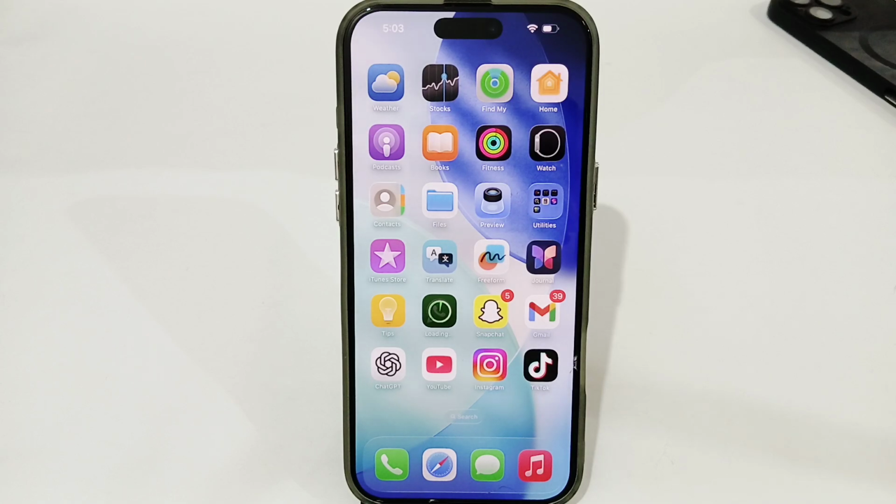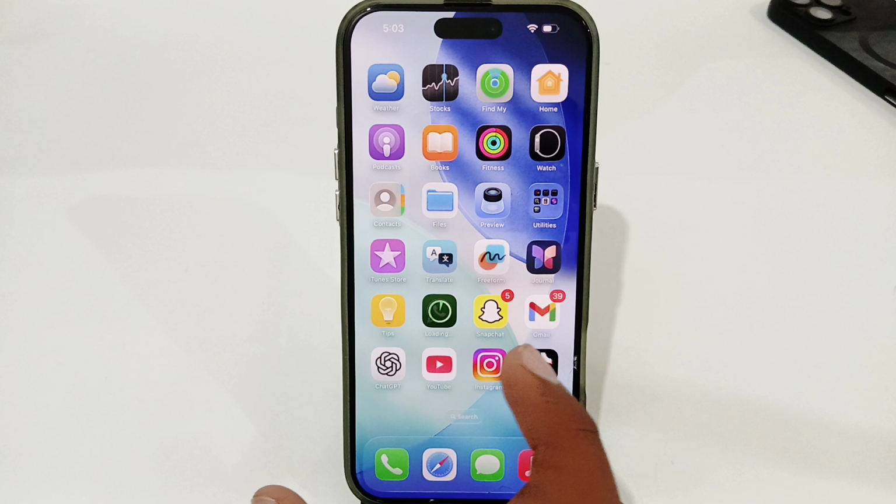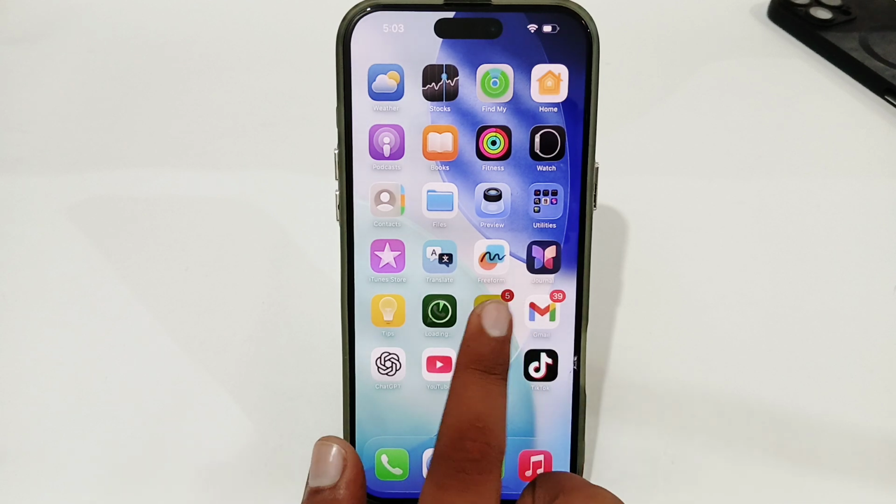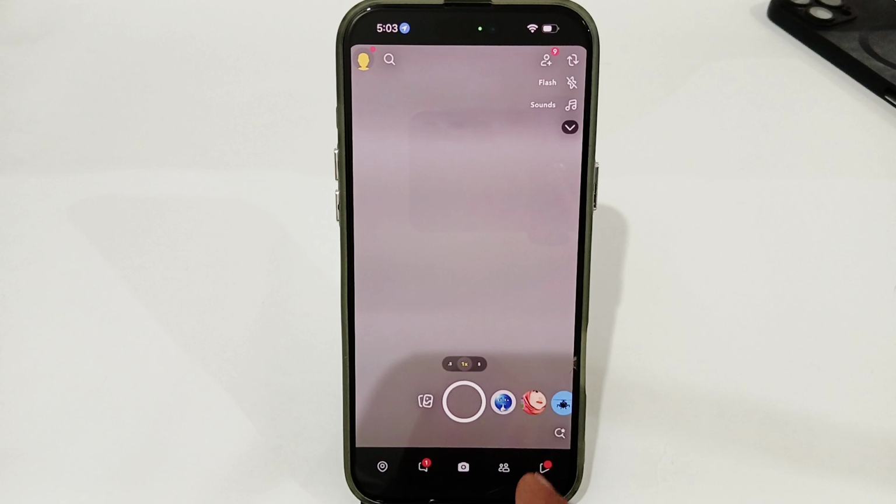Hey guys, today I'm going to tell you how to fix Snapchat My Eyes Only not loading on iPhone. If you're using any iPhone and your My Eyes Only on Snapchat is not loading, let's see how you can easily fix it. You have to open up your Snapchat and here simply tap on, or scroll up